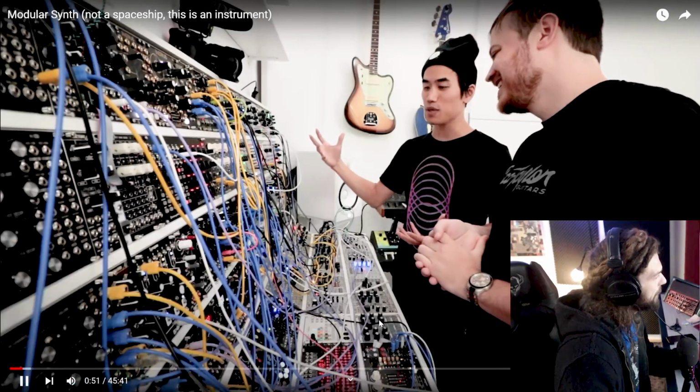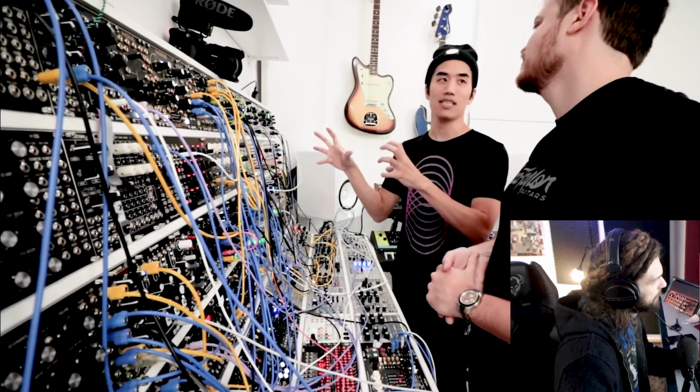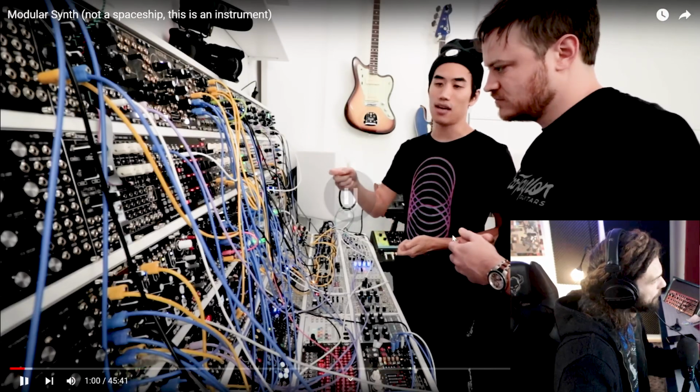A modular synth just means that you have modules that make it up. That means that you can customize it. So not just the usual synth parameters like pitch and...